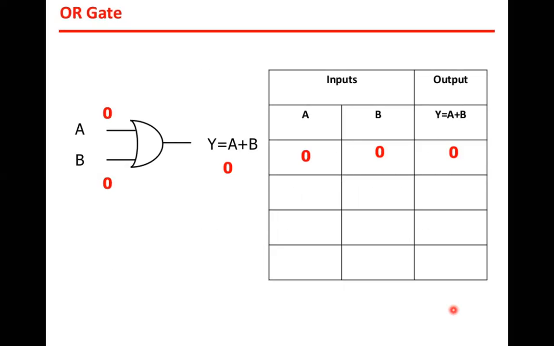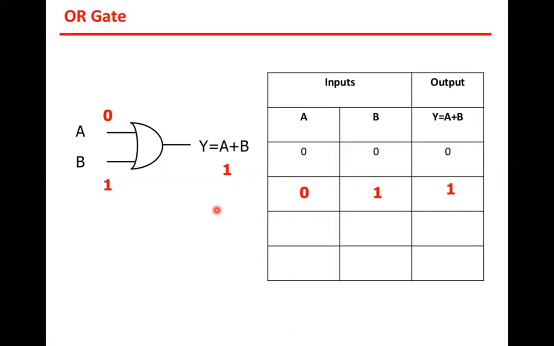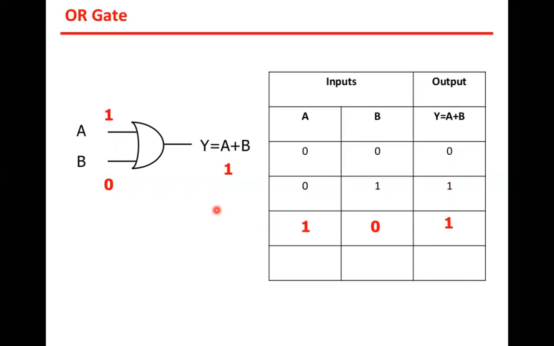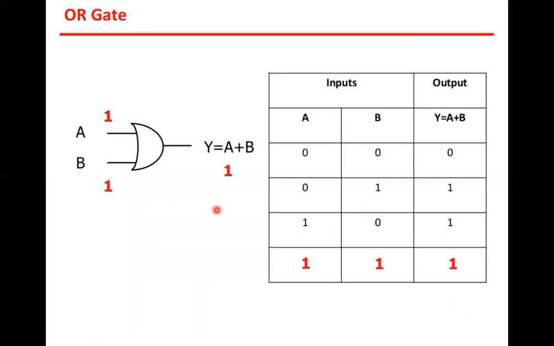Let us understand the truth table, the possible combinations for input and output. As I said, we are considering a 2 input OR gate. So the combinations will be 2 to the power of 2, which is 4. So what are the combinations? When 0 and 0 are the inputs, 0 plus 0 is 0. Now second is 0 and 1. 0 plus 1 is 1. 1 and 0, 1 plus 0 is 1. And 1 plus 1 is 1.